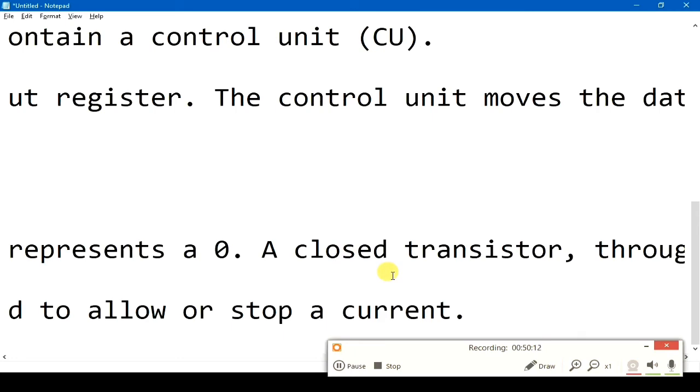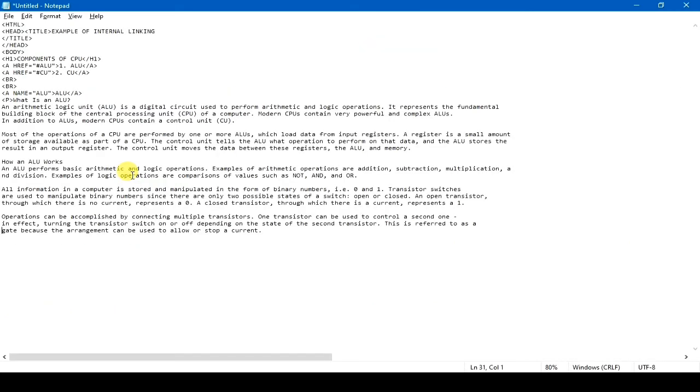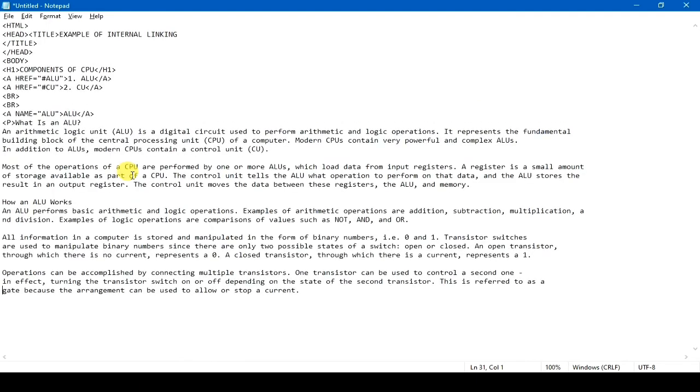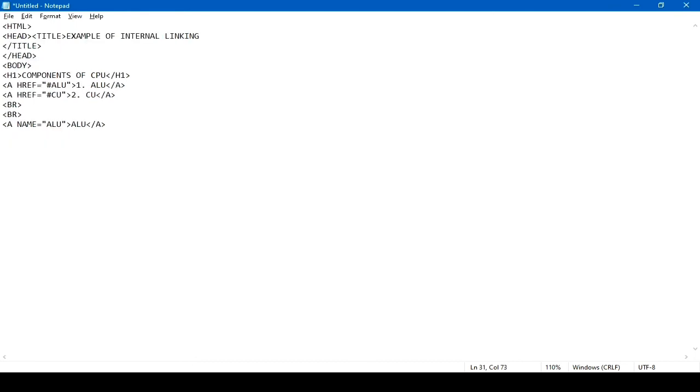Now student, we have created the target fragment, and now type the content inside the target fragment.